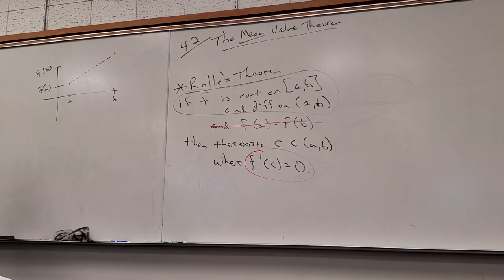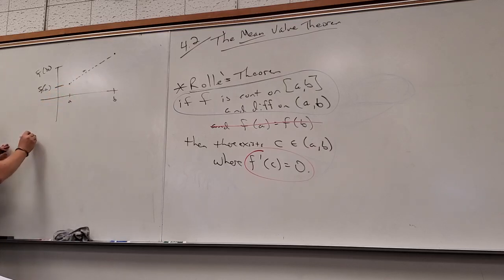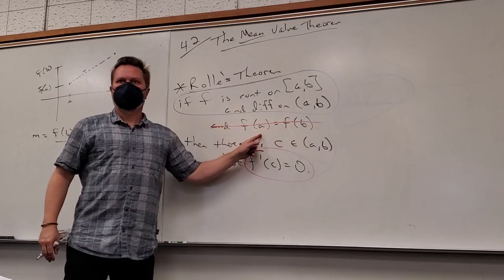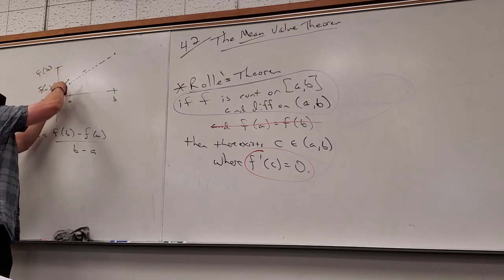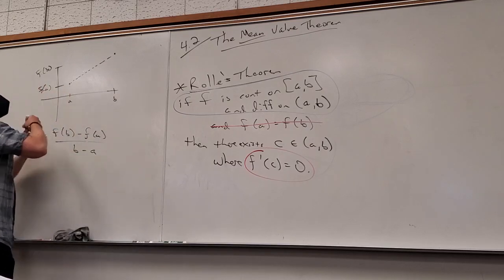So now, what's it say? This slope is no longer 0, is it? What is this slope? Yeah, what's this slope? Yes, cool. Y2 minus Y1 over? Yeah, that's the slope, right? Now, when this was true, the slope was 0, because that would be 0, yes? So what do you think this is going to say now? I've established the as the crow flies, but if my function doesn't follow that, if my function does something like this,